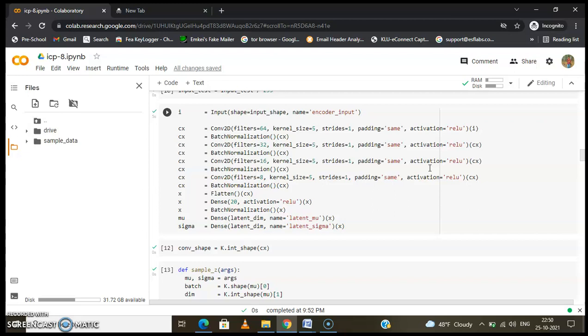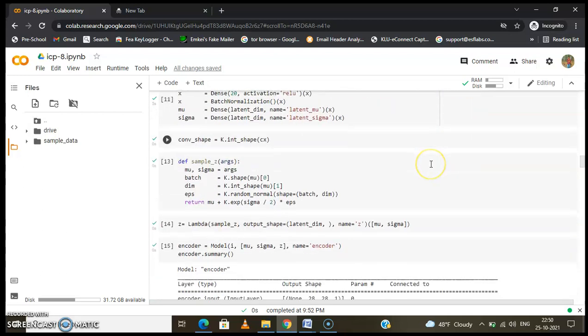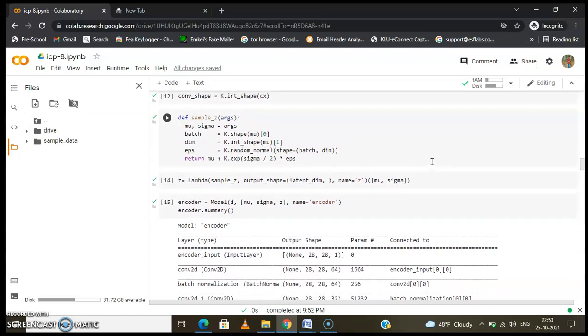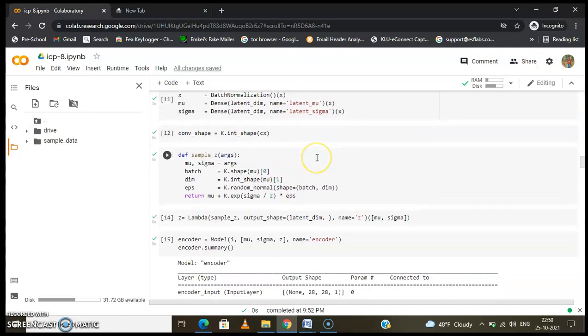And going down, we found the convolutional shape as 7, 7, 32, as you can see. Then here we are calculating the latent dimension.